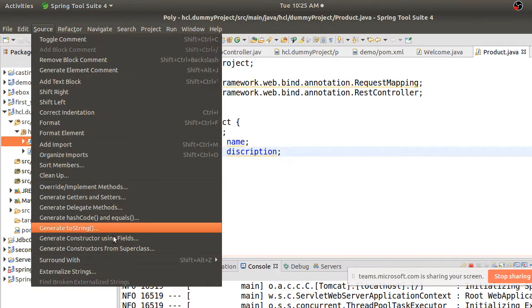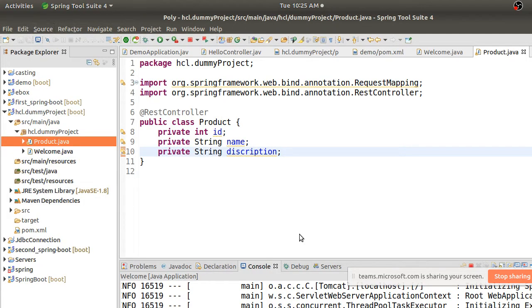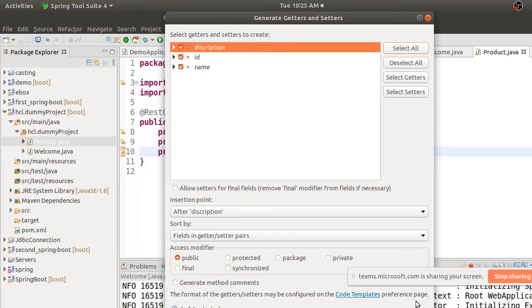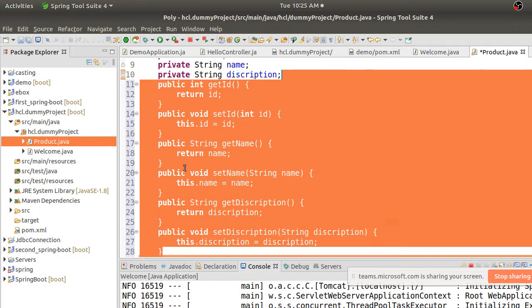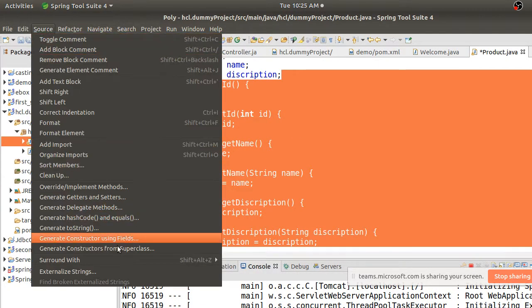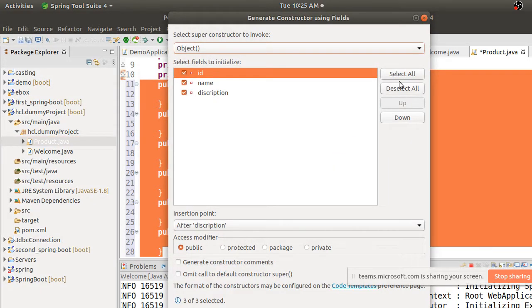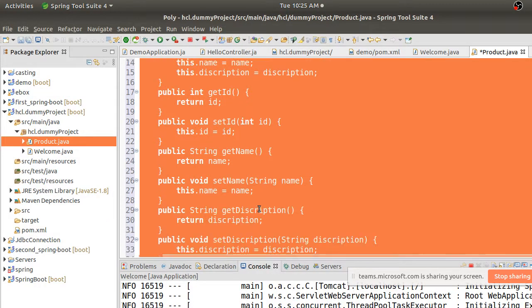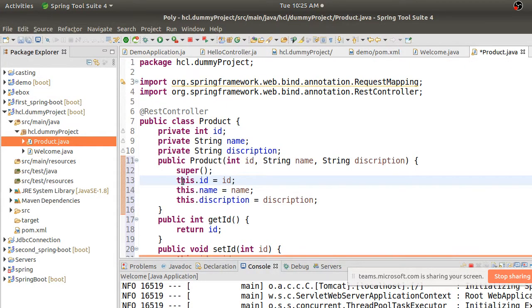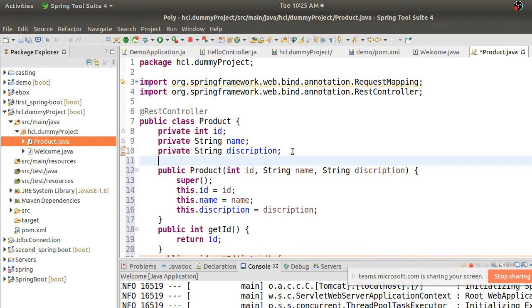I will go to Source and generate getters and setters for all the fields, and a constructor for that. Okay, I'll add one more no-argument constructor.